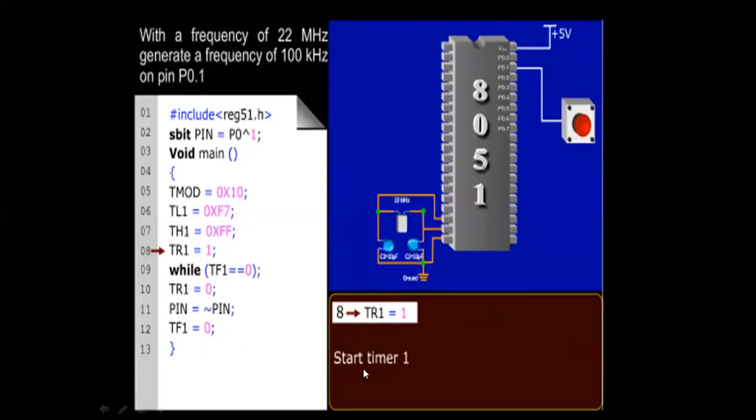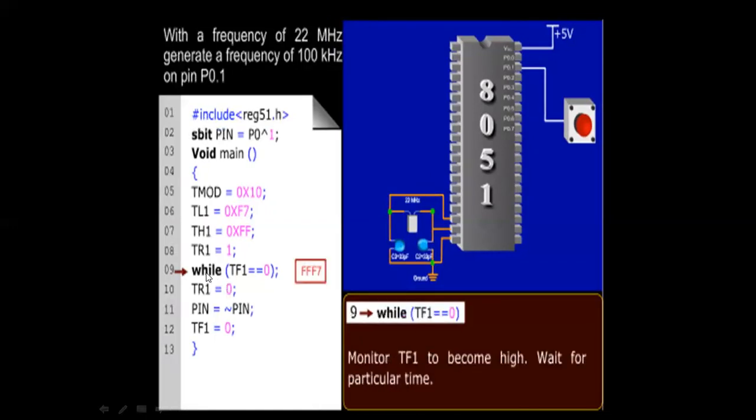We have to start timer 1. We have already selected the mode. Next thing is we have to start the timer. While TF1 is equal to 0. These are the initial values in TH1 and TL1. TH1 is having FF and TL1 is having F7, which is the initial value. We have to monitor TF1 to become high.